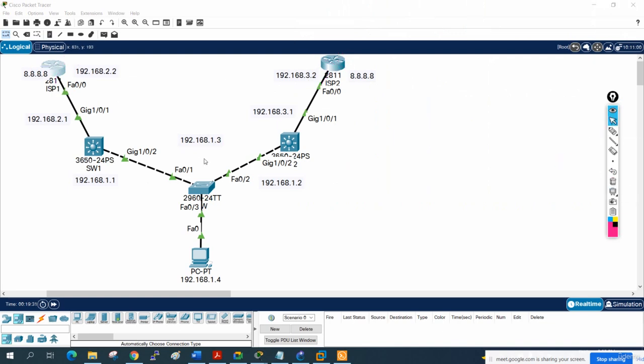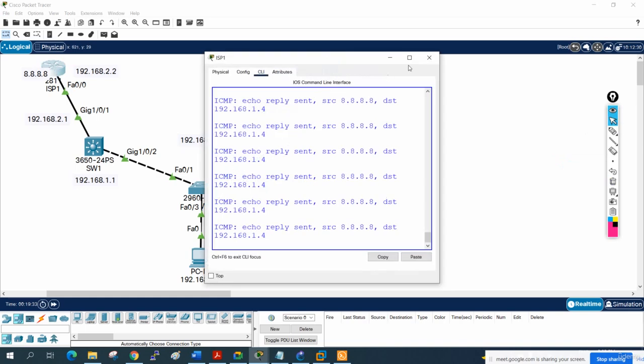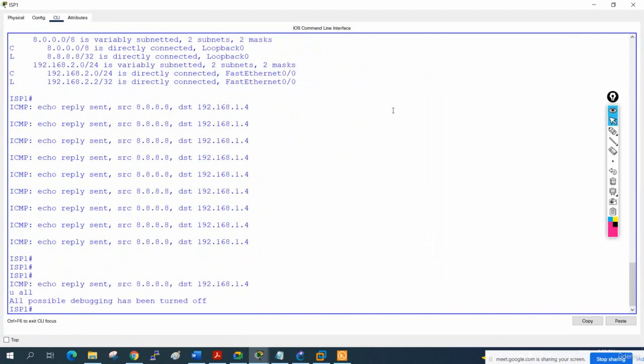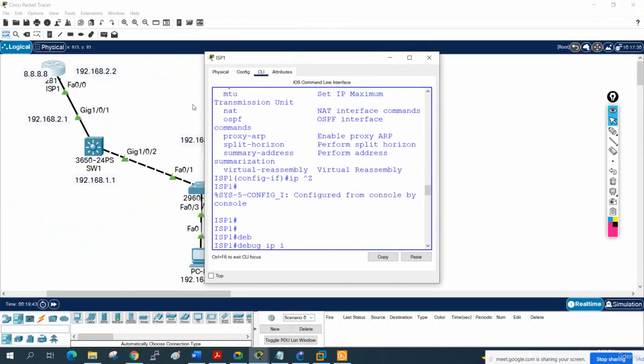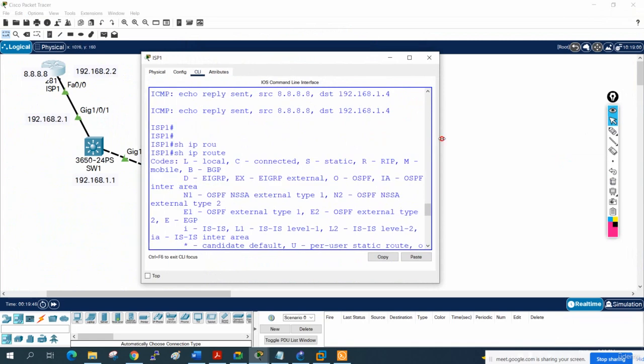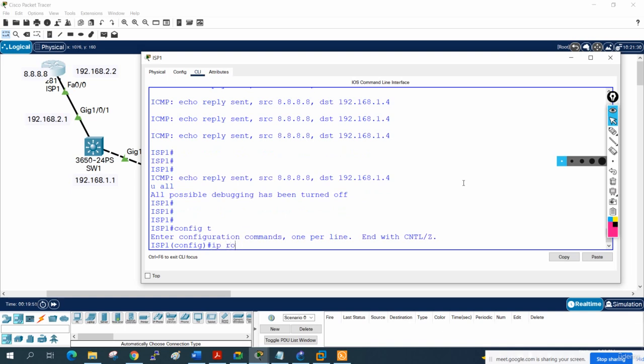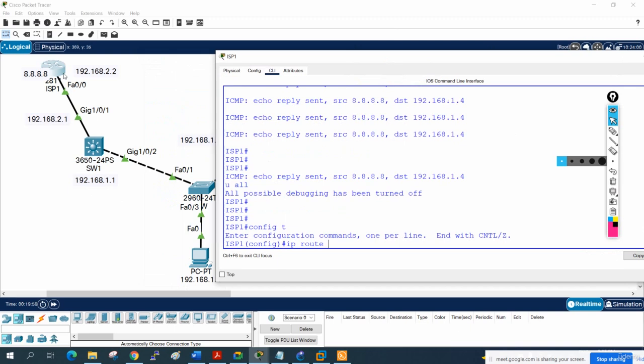But for lab purposes we can do the reverse routing. How can we do it? We can go inside this router. Let me first close the debug here, so it will close all. Now we will do the reverse routing. We will go here in global configuration mode. I will write IP route, and what we need to tell the ISP is: IP route 192.168.1.0, the network ID, 255.255.255.0,